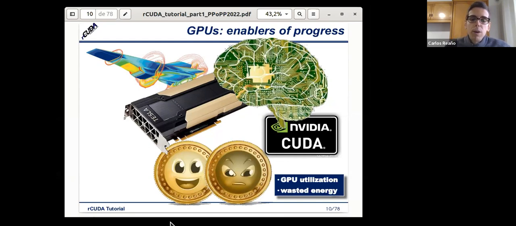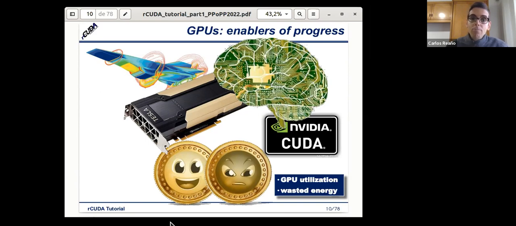They consume a lot of power, and usually one application is not using the GPU all the time. So this means that the GPU utilization is usually low. GPUs are usually underutilized, and this means also that the power consumed by a GPU, even when they are idle, they are consuming power. So we are wasting energy. So as we have mentioned, we have very expensive devices which consume a lot of energy and that are underutilized.